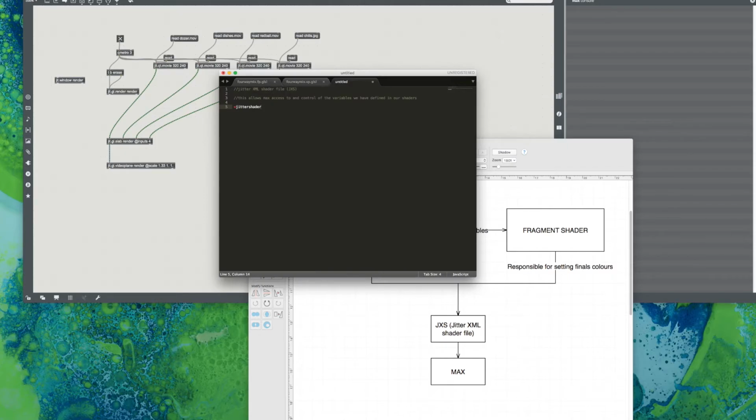So we're going to define our jitter shader, and then optionally we can give it a name, which I'm just going to do 4-way. I'm going to tab in. I'm going to define our first parameter. This is something that we're going to receive from Max and pass into our shaders. So its name is going to be A. Its type is going to be vec4, because we're going to pass it 4 variables that are RGBA. And then we're going to have a default value for it, which is going to be equal to 0.25, 0.25,